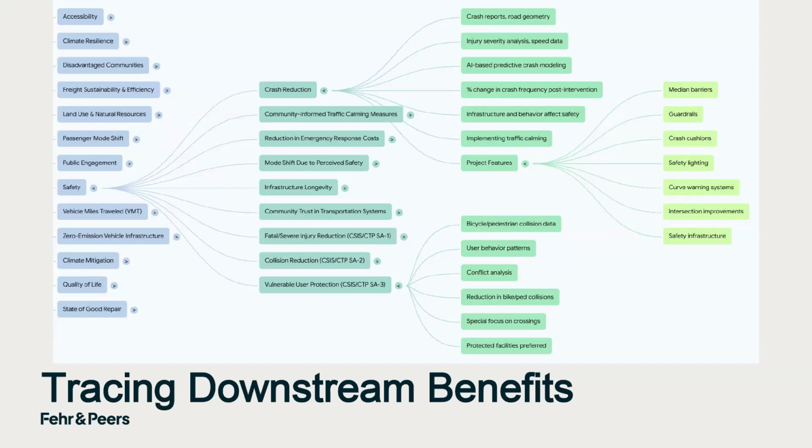Also public engagement, right? The more that the public guides the process, provides their own user experience, and then there's also the increased safety. They might take transit more because they feel safe. They also have a better sense of community because they're walking around with their neighbors, they're riding their bikes, they're seeing each other on transit. They also have more confidence in the government, right? That they trust the government is listening to them, that they're using their money wisely, that their opinions matter, and that they're actually coming up with projects that are beneficial.